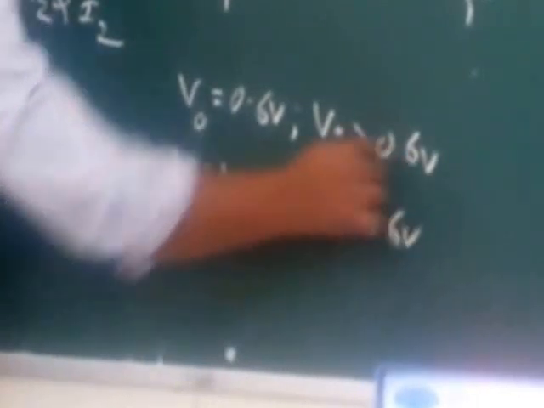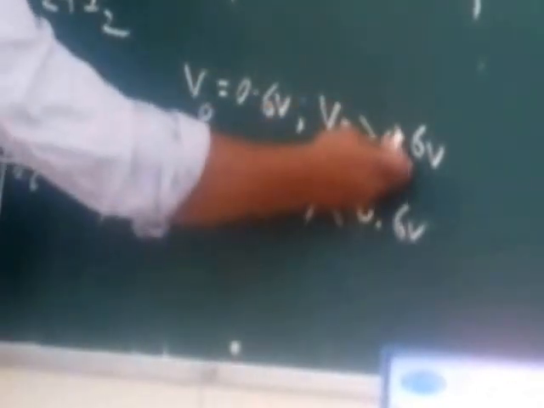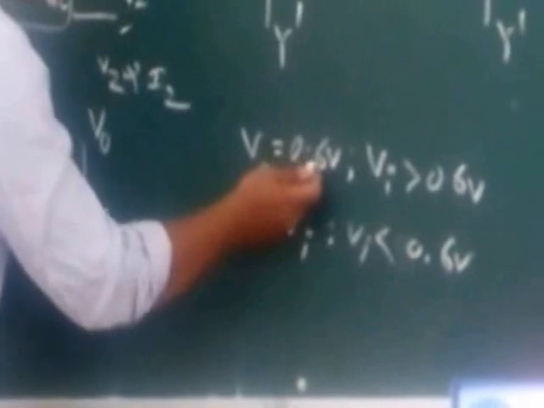So this is the positive x-axis, and here 0 is available. Suppose at a certain point I have taken 0.6, and on the y-axis I am also taking 0.6. According to this, whenever the input voltage is greater than 0.6 volts, the output voltage is 0.6 only. When you take 0.7, the output is 0.6. When you take 1 volt, it is 0.6. When you take 2 volts, the output is again 0.6 only. So in this way you get one constant curve like this.